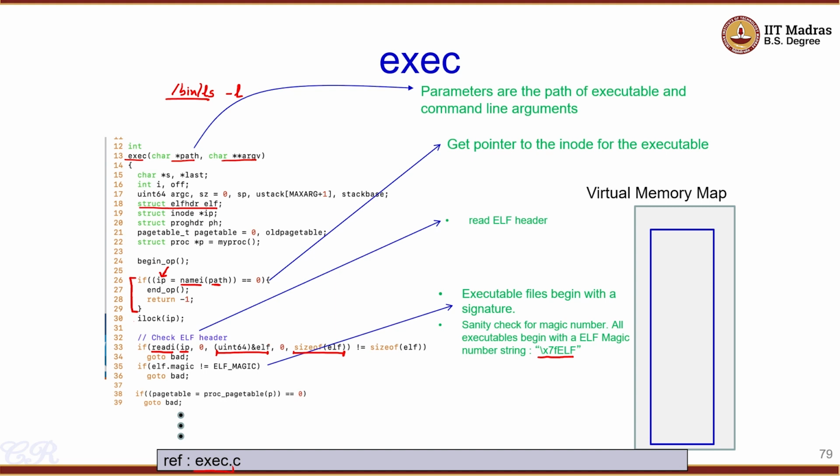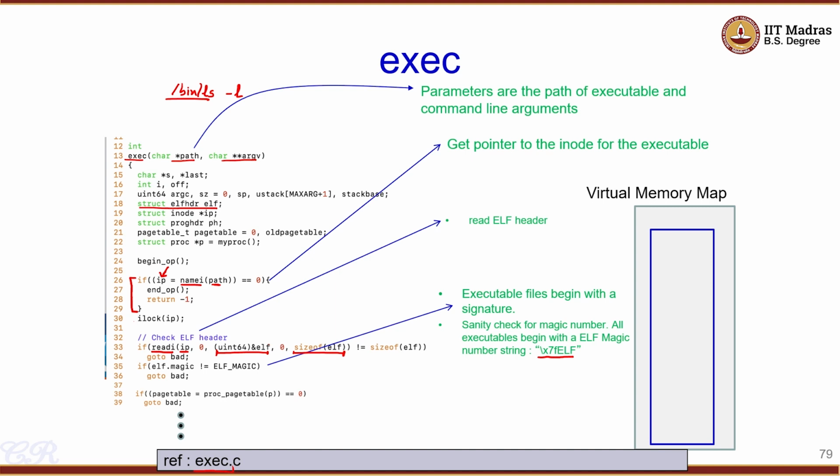If the magic number does not match, it means that whatever file you're trying to open is not an executable, and the function terminates. But if it is the magic number, then in the xv6 OS we go about and execute the